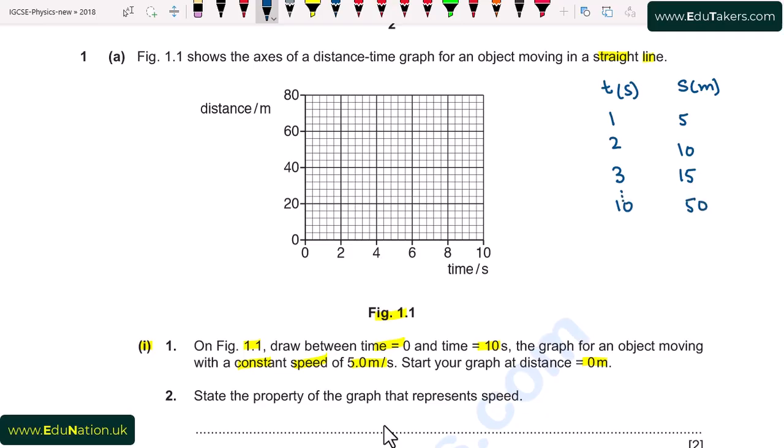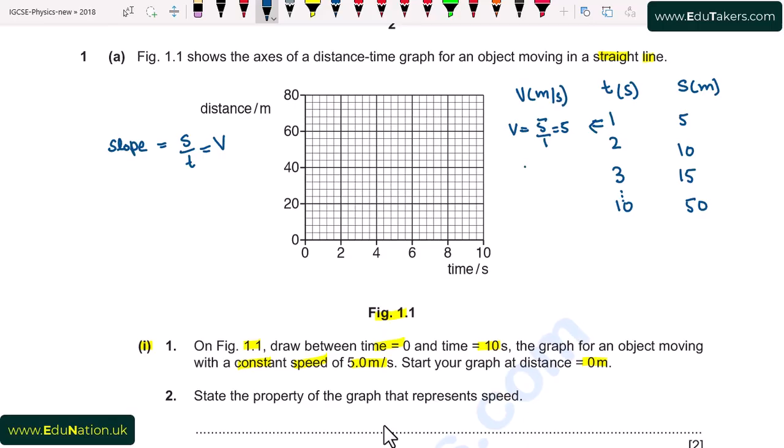We continue in this way. First of all, we can see that this is a distance-time graph, and the slope of a distance-time graph is speed. So the slope is equal to s over t, and this is also equal to speed. From this data, I check whether the speed remains constant or varies. So I divide distance by time. It is equal to 5. So the speed here remains the same. I write here speed in meters per second.